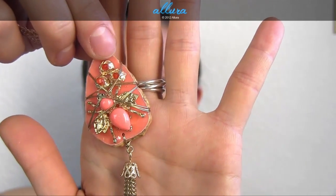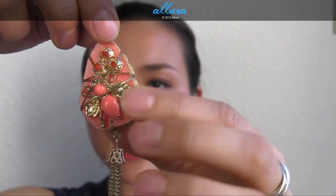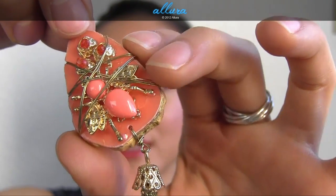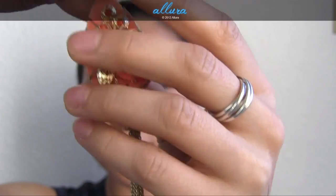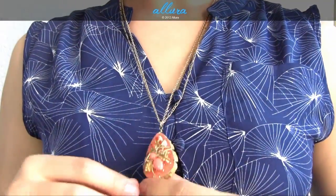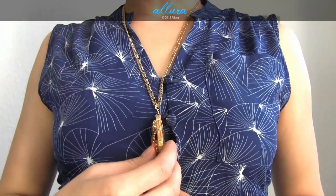So here is a coral necklace here. So you have the pendant part. It has a stone that's sort of wrapped in this gold metal. You can see the details there. And it has this golden tassel hanging from the bottom, and a gold chain. And so it hangs sort of mid-length. That's what that looks like. It's the back here,